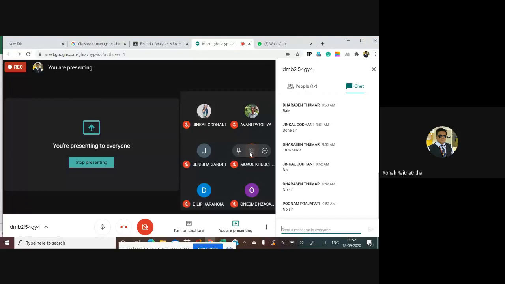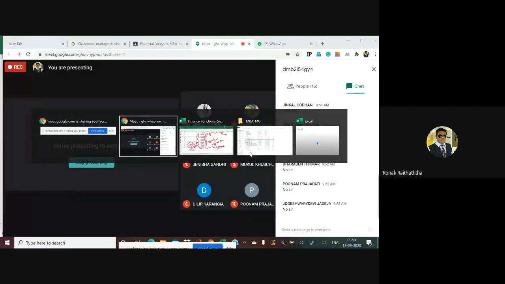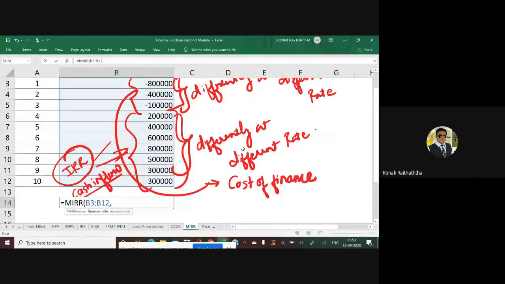Exactly. So similar reply I am getting from the various students. I think your voice is not audible. Mr. Onsmi, I think some network connectivity issue is there. If you can put your doubt through the chat box, please. I can understand the struggles faced by the students. At some time when you do not have good internet connectivity, it becomes extremely difficult to join the online classes. I can understand this, but this is the only alternative we have.